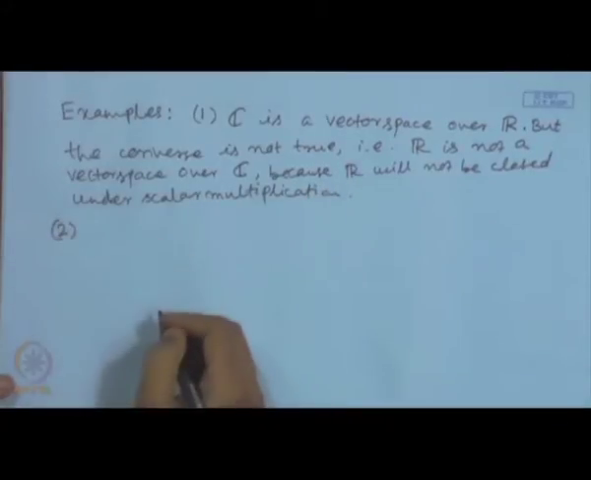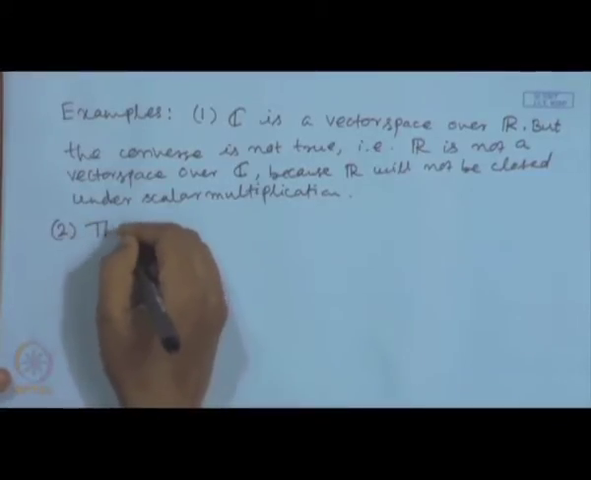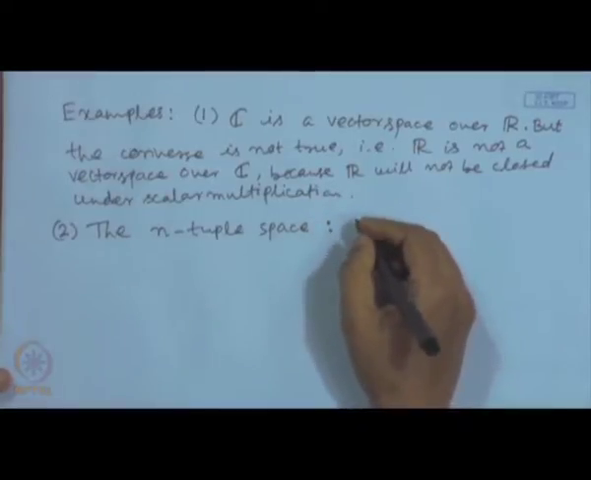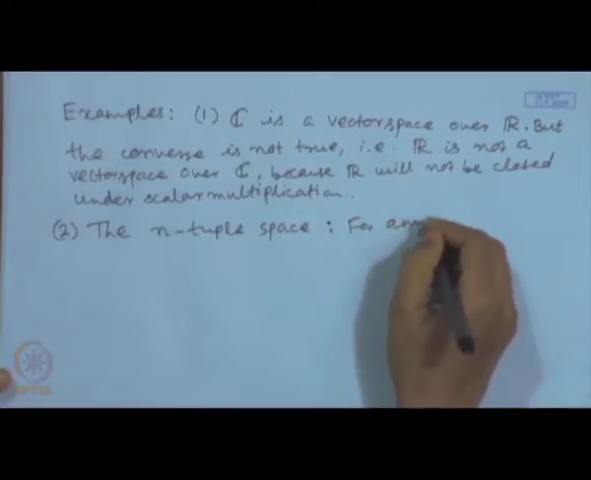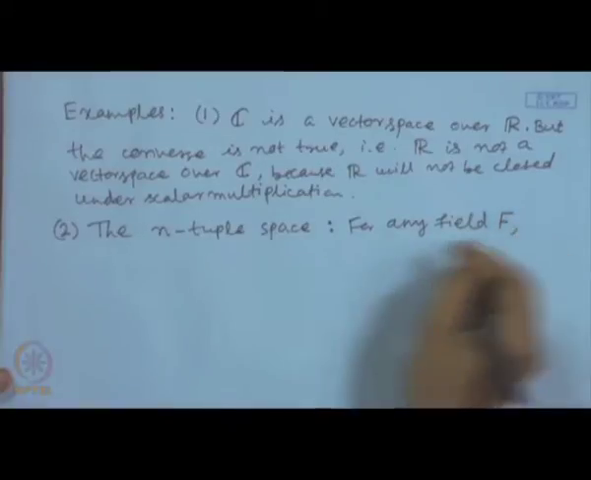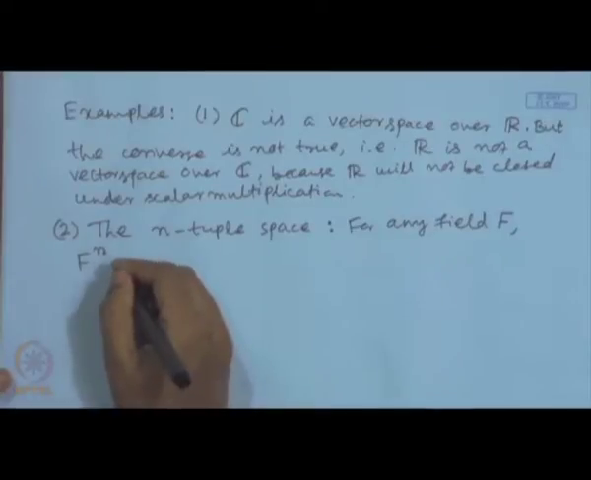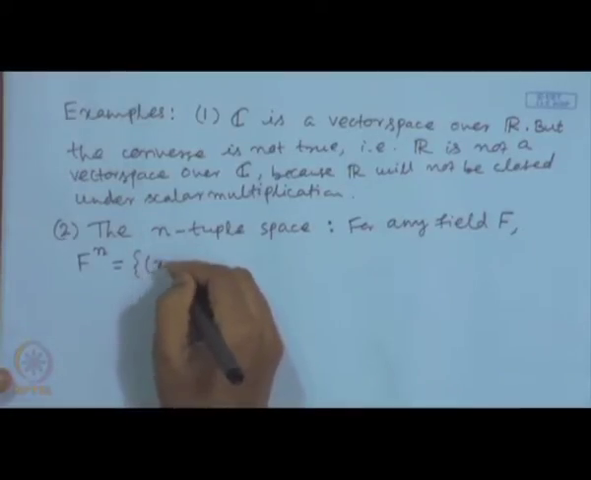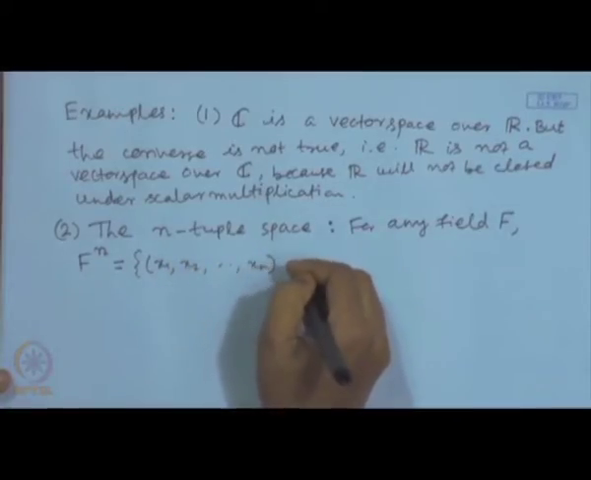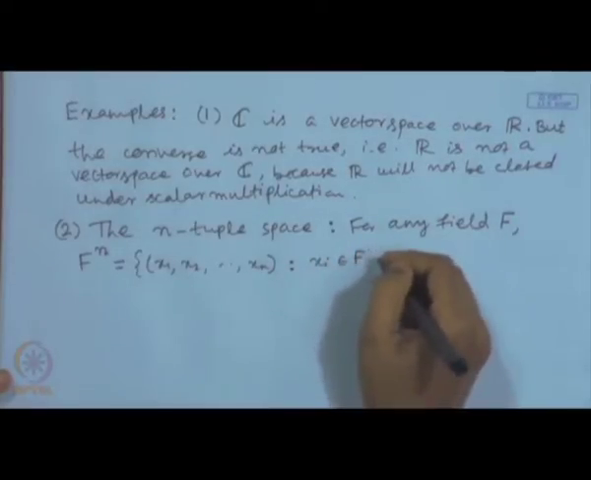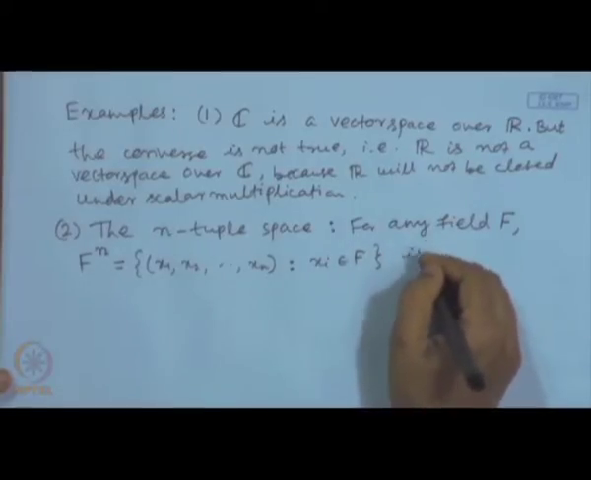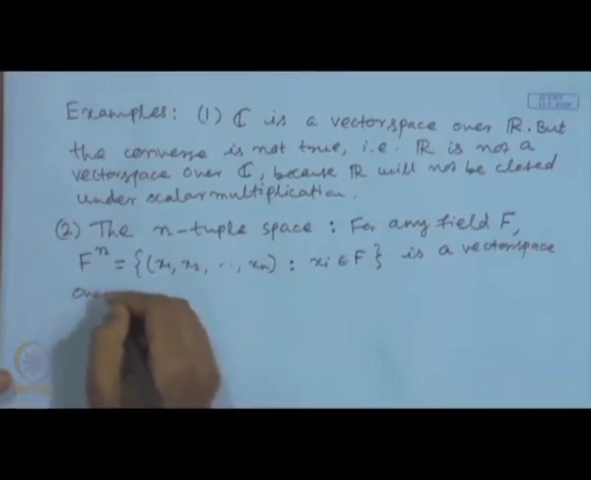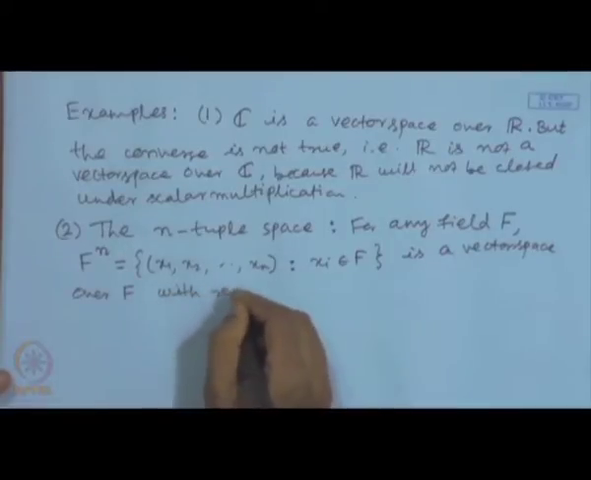So, the second example is what is called the n tuple space. That is, for any field F, Fn, the Cartesian product of F with itself n number of times, consists of all n tuples (x1, x2, up to xn) such that each xi is an element of F. This Fn is a vector space over F with respect to the operations